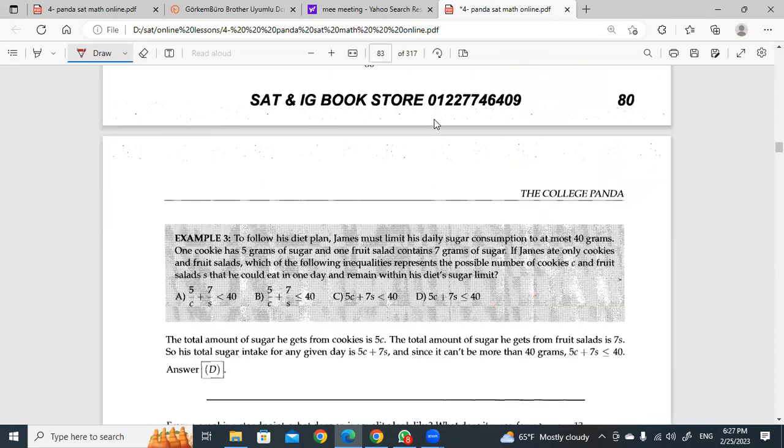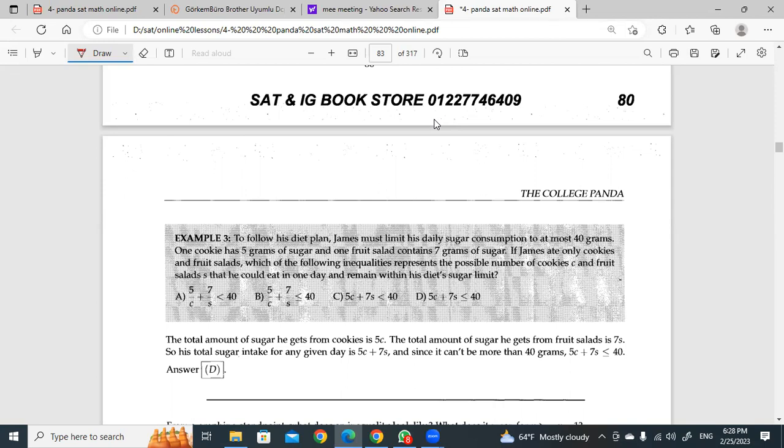After this, I will use the inequalities to solve word problems. And this will be somehow new for some of you, okay? But it's very easy, like we did last time in the system of equations, connecting them with word problems. In word problems, I have some sentences, so I have to convert these words into algebra. That's it. Okay? First of all here, to follow his diet